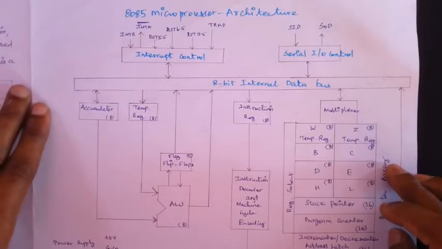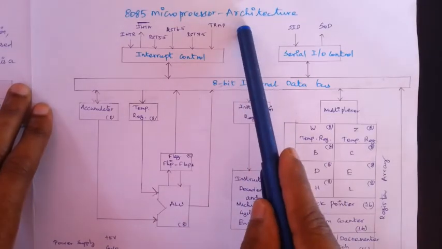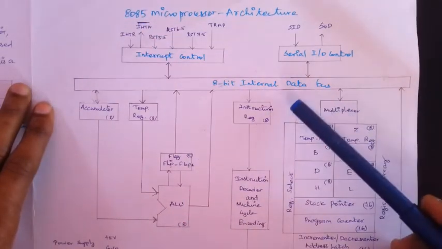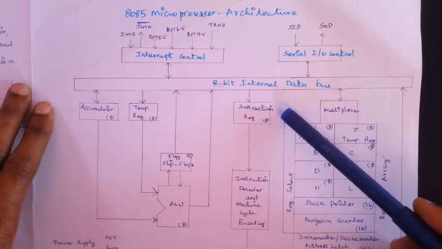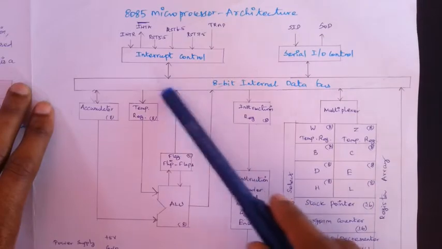Students, now we are going to discuss the architecture of the 8085 microprocessor. This figure shows the schematic diagram of the 8085 microprocessor architecture. This figure consists of